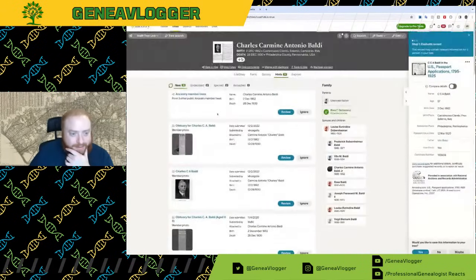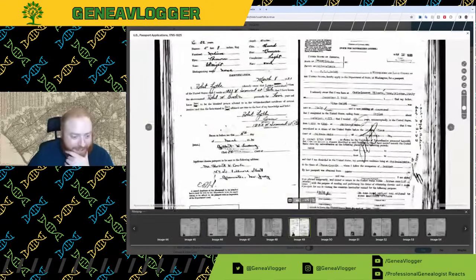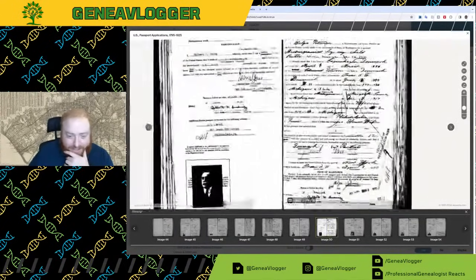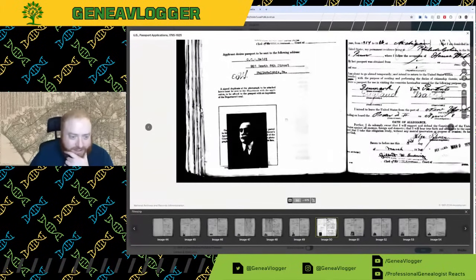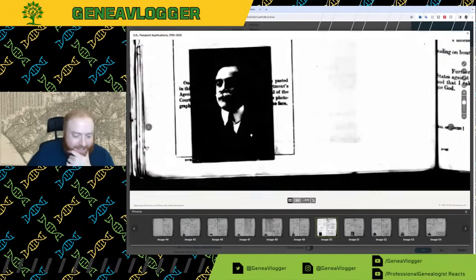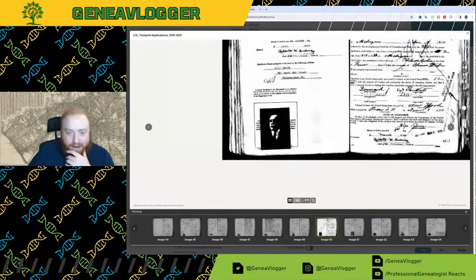Let's take a look at Charles from his passport application. That's not him, that's the other guy. There's Charles. It's a shame that these scans aren't higher quality.